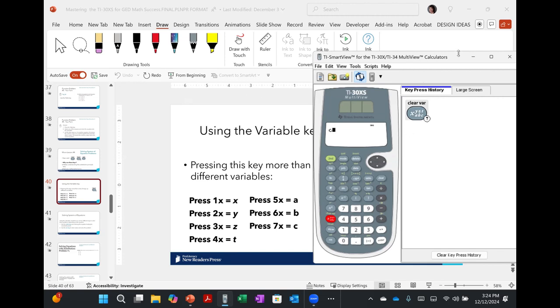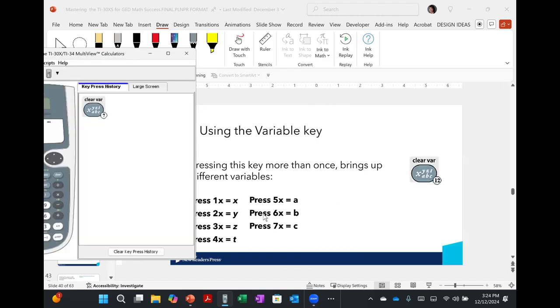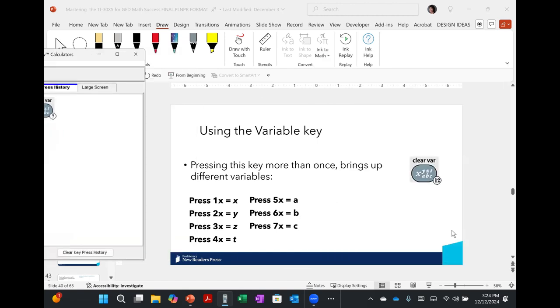I'm going to stop here and just let anybody who wants to take a picture of this take a picture, because we are going to use this not only for the next couple of problems, but also when we get to the quadratic equation problem. So if you have a camera and you want to take a picture of this, go ahead and take a picture of this now. Okay,